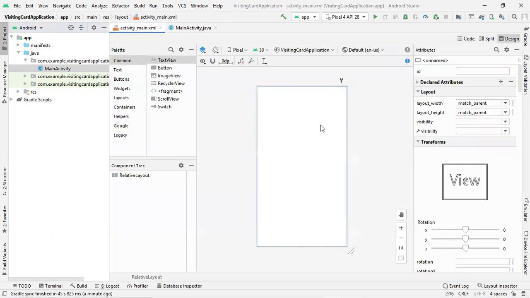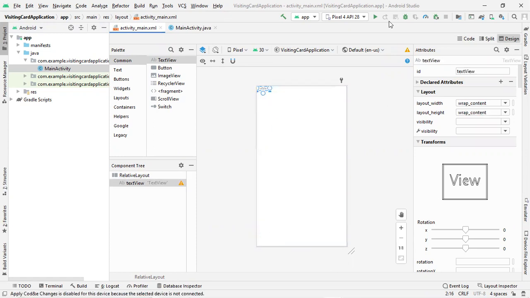Now go to design. Inside design, first of all I need to give the name of the company. For that I'm adding a text view component. The text view component has been added. Once the text view component has been added, the component's relative position to the layout has to be defined. So this is the entire layout. I'm defining the relative position of the component with respect to the layout like this. Then you can drag and drop to wherever you want your component to be.